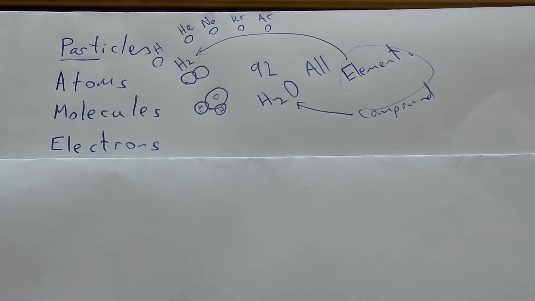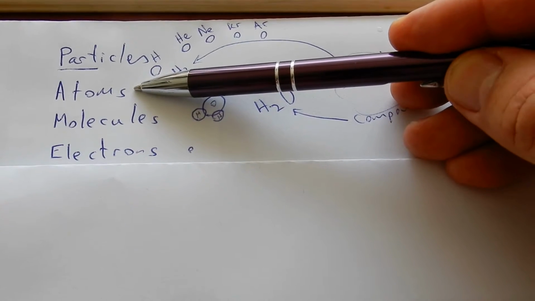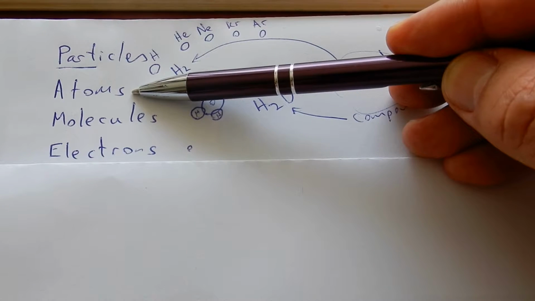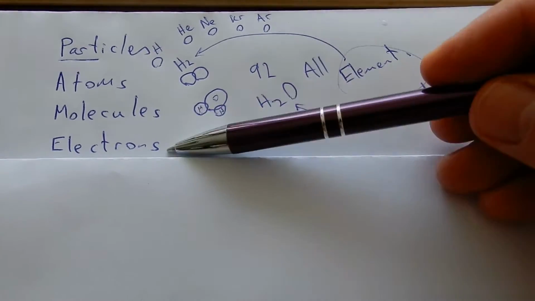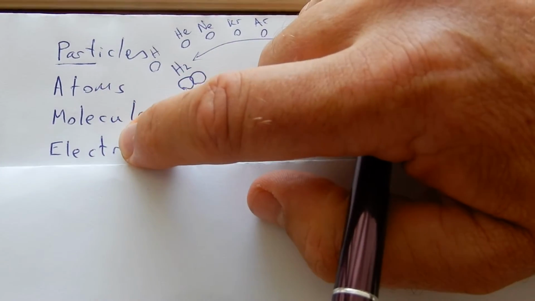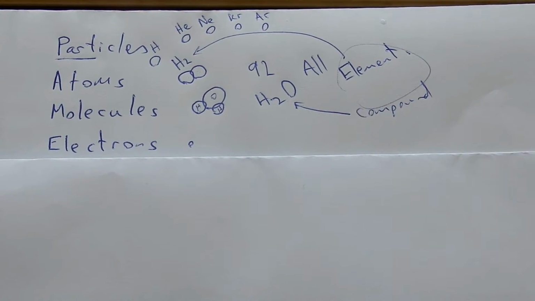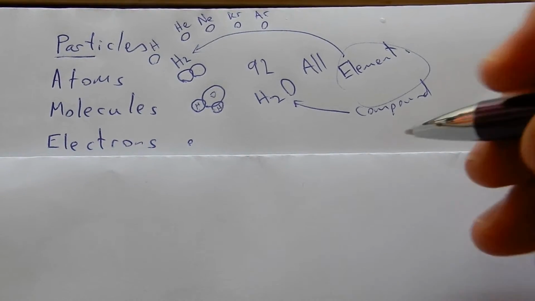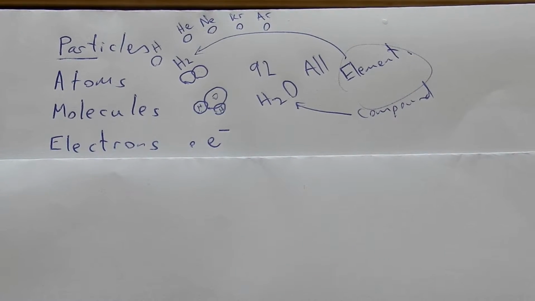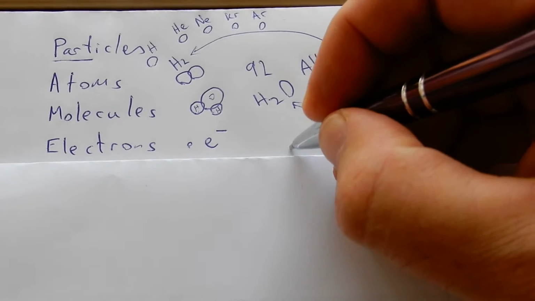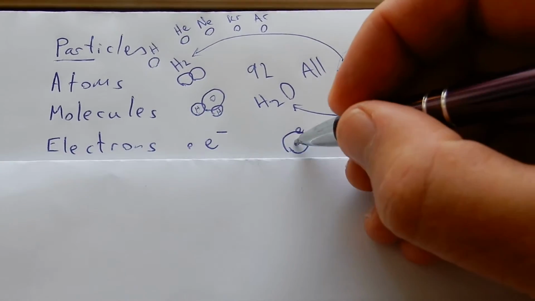Another particle is an electron. Electron, tiny little bit. We were taught 200 years ago about atoms not being able to be split. Then we split the atom. And one of the first bits that came off when we split the atom was electrons. Electrons make electricity. That's why the word is similar. Electricity is the movement of electrons through wires around your house, making things power up. Electrons, little e, are negatively charged, so we often write them like this. Electrons whiz around atoms, so a hydrogen has got a little e whizzing around the outside of